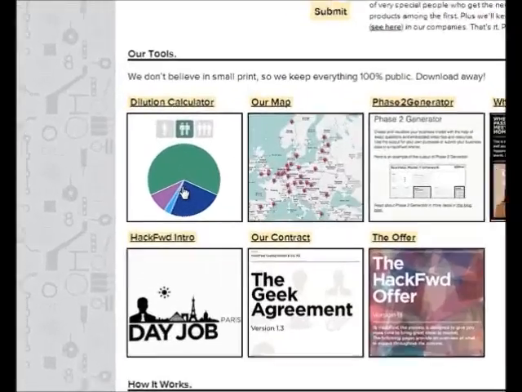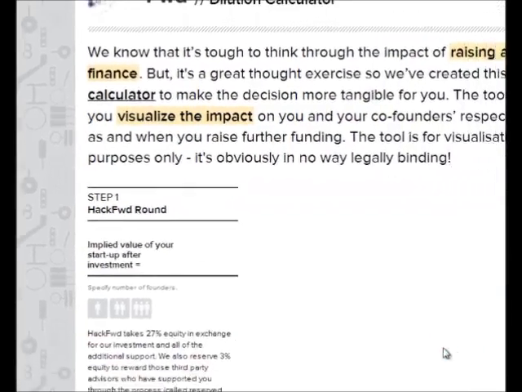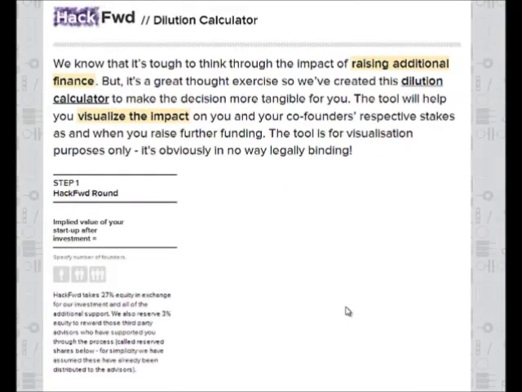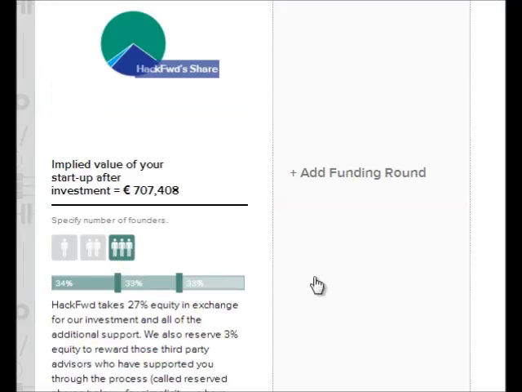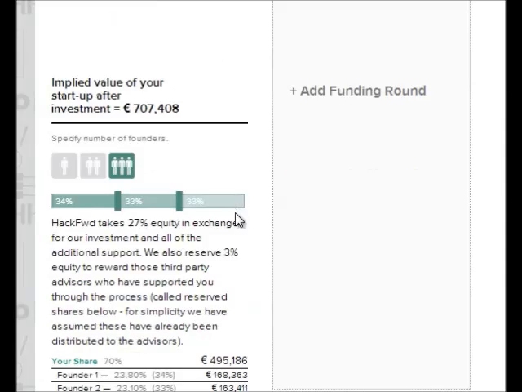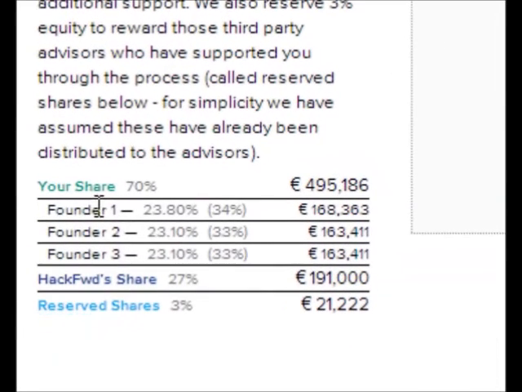Okay, let's see the dilution calculator. So the first thing we need to do is figure out how many founders we're talking about. Let's just say for our purposes, we've got 3. You can see here the hack forward round, which would be the accelerator's round, and the distribution between the different founders. So you've got founder 1, 2, and 3 with, at this point,